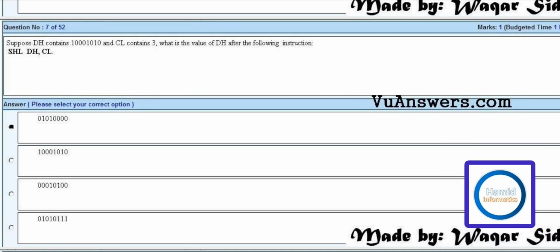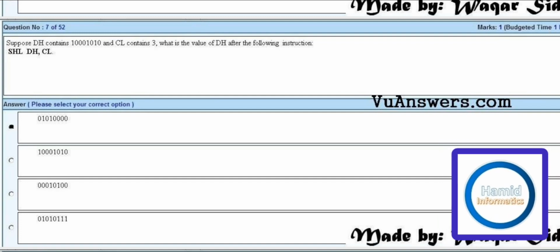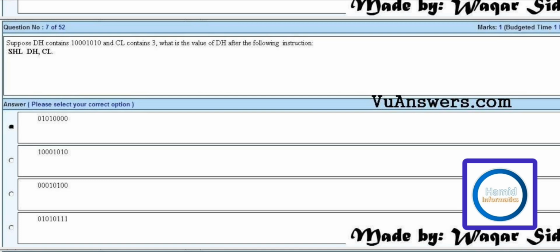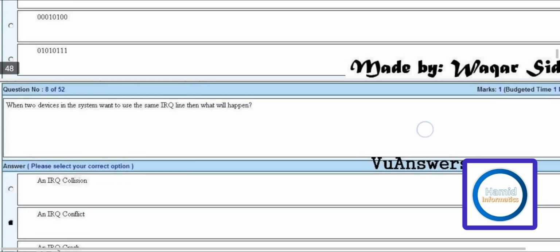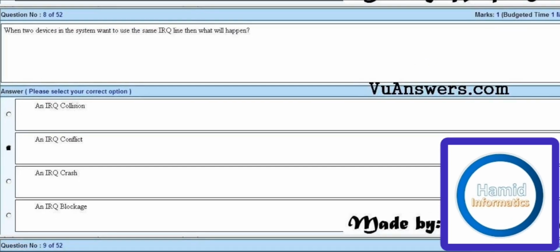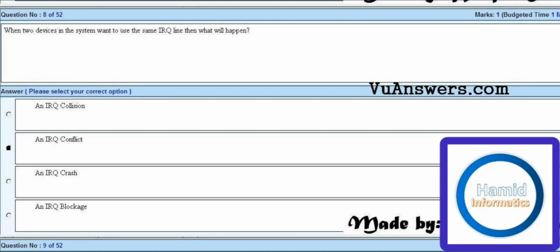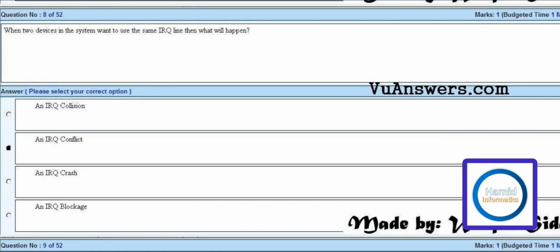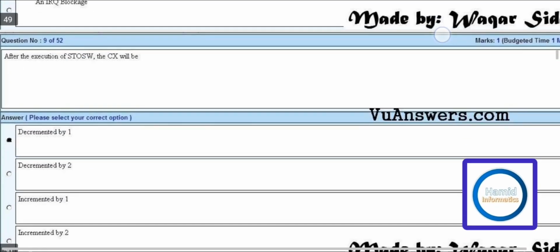Suppose DH contains 10001101 and CL contains 3. What is the value of DH after the following instruction? SHL DH, CL. तो आंसर है फर्स्ट वाला 0101 4 times 0. When two devices in the system want to use the same IRQ line, then what will happen? An IRQ conflict हो जाएगा वहाँ पे जी. आगे फिर